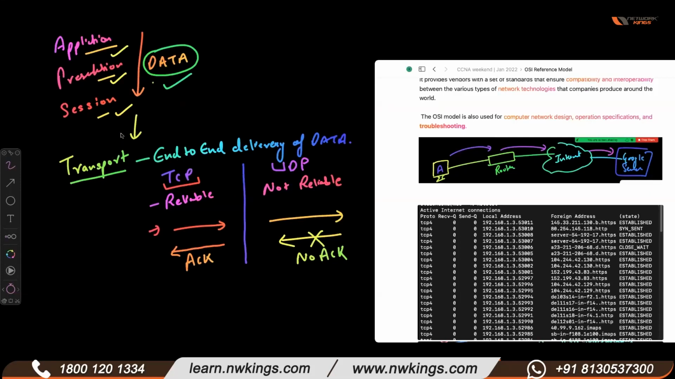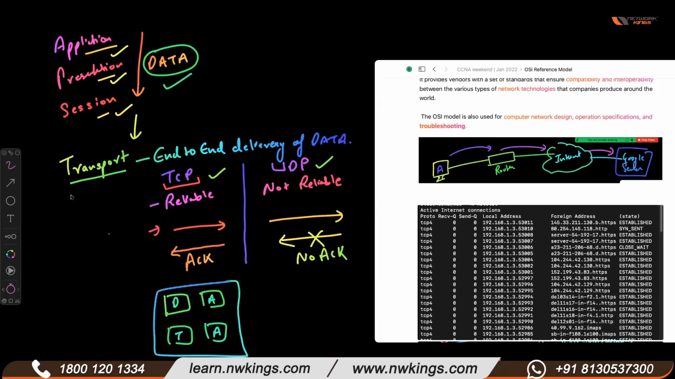So very simple. We will discuss in detail right now. One more thing: when this data comes to the transport layer, these two transport layer protocols will divide this data and break it into smaller parts. These parts are called segments. Suppose data is divided into 4 different parts, and these parts are called segments. And to every segment, the transport layer adds a port number,